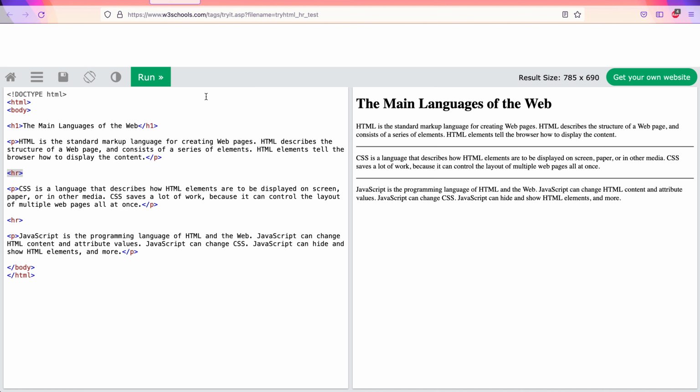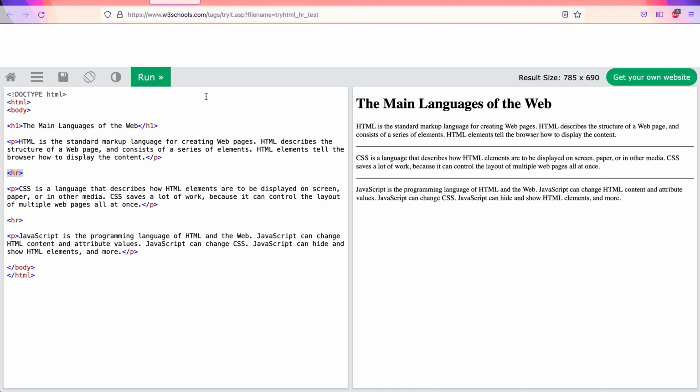But the key thing here is that so far we never specified any font in our HTML, and still the browsers are rendering them in some font. So these are what we call default fonts.